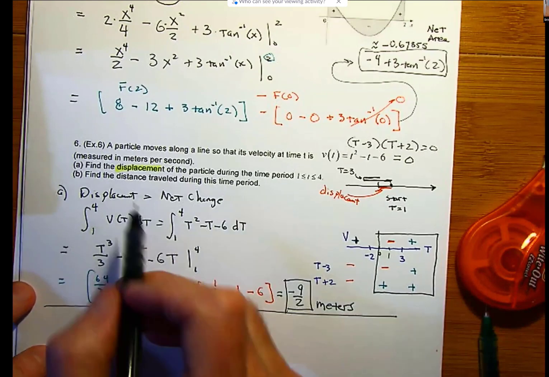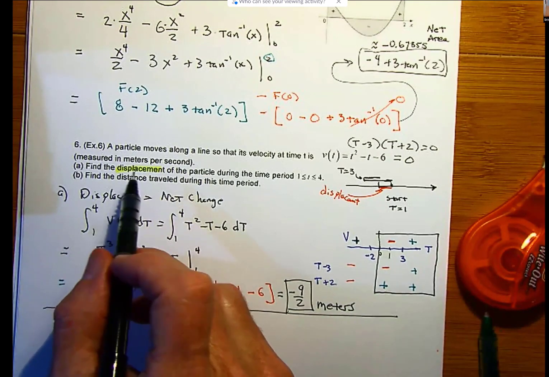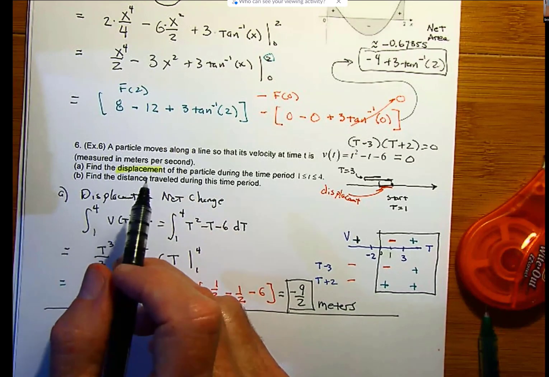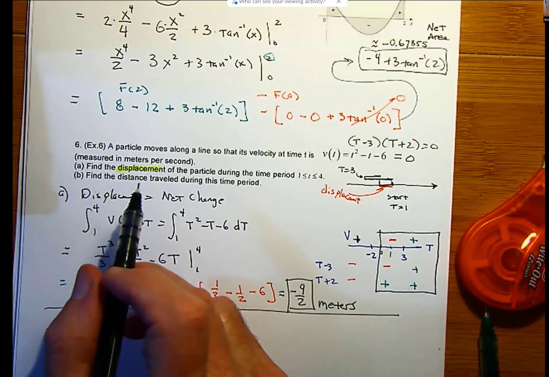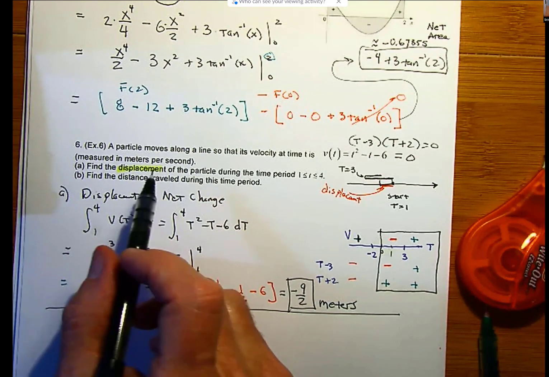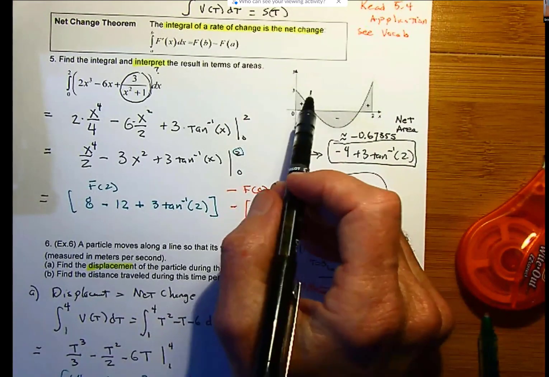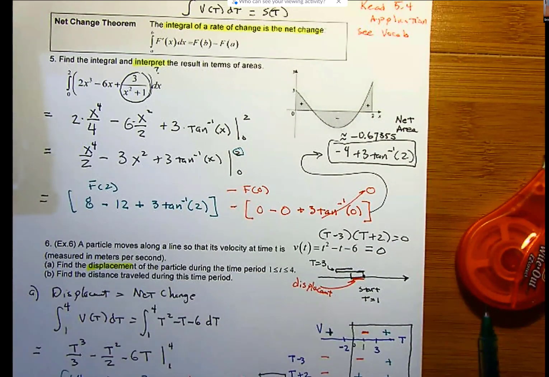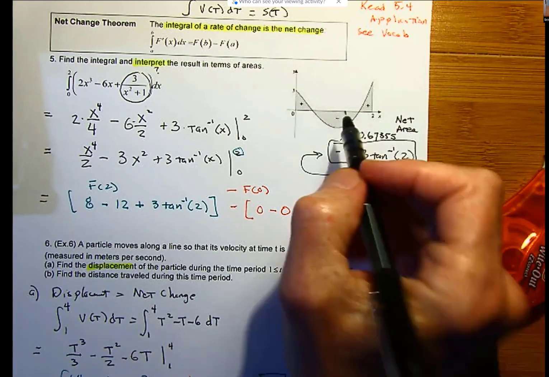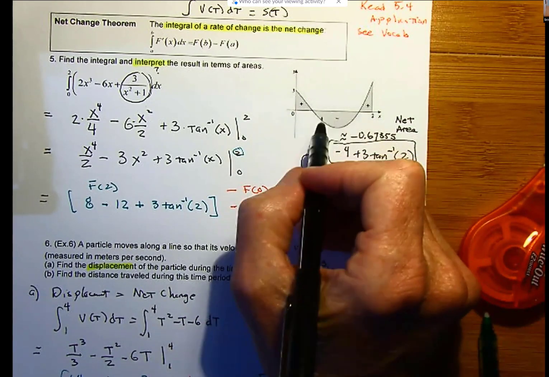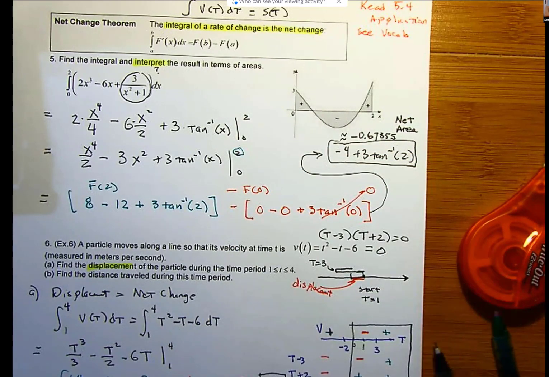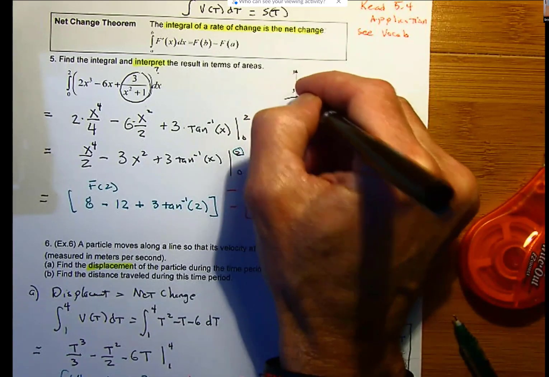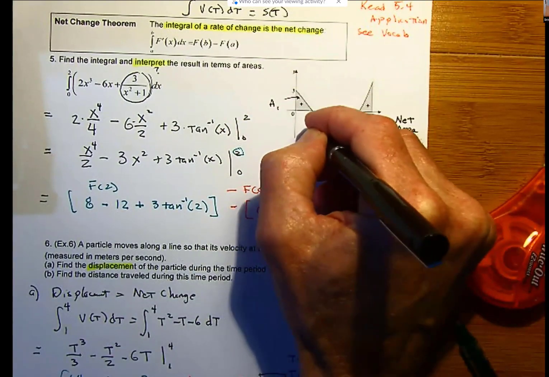Second question is find the distance. Now with distance, we don't talk about negative distance. Net displacement, we would have positive and negative. With net area, we're going to have positive area and negative area. But if we want total area or total distance, we're going to make it all positive. So in this picture, if I wanted the total area, I could not use a negative number for it. Let's say this one is area 1, area 2,